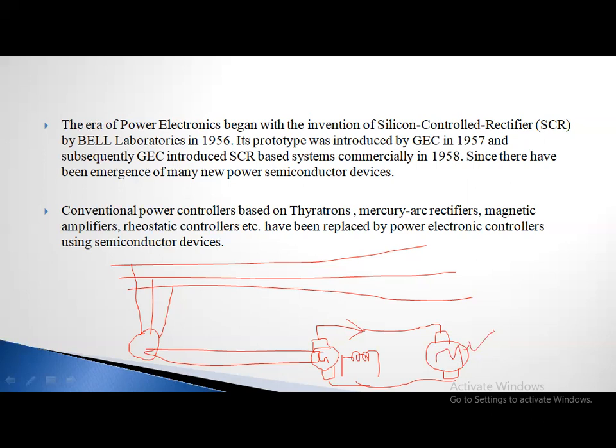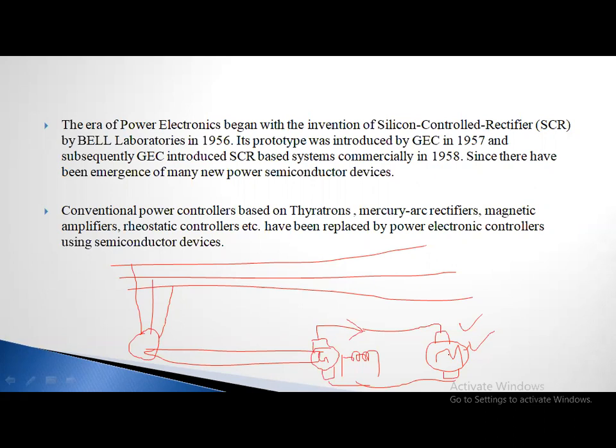Clear? But our main intention is to control the speed of this DC motor. Which motor's speed should be controlled? This motor's speed should be controlled. So can we control it manually? Can we control it by hand? No. Whatever electrical parameters we give as input to the motor, voltage, current, frequency, we have to control those. By changing the electrical parameters, maybe voltage, current, frequency, and so on, the speed of the motor also changes.